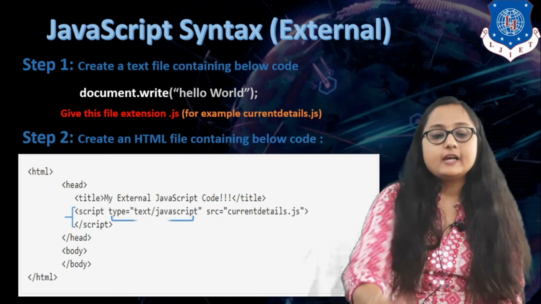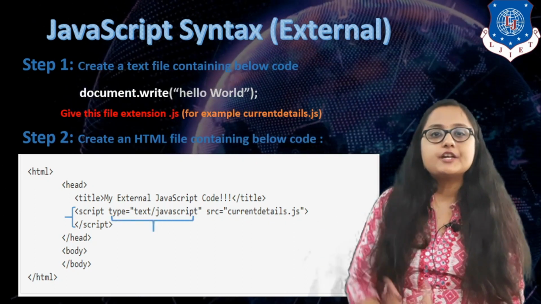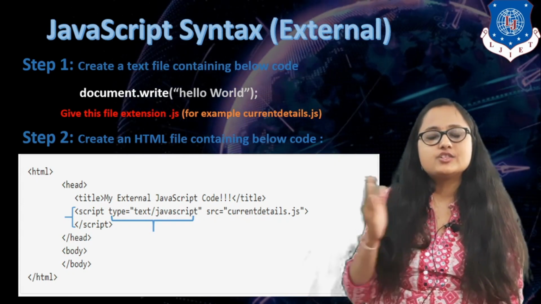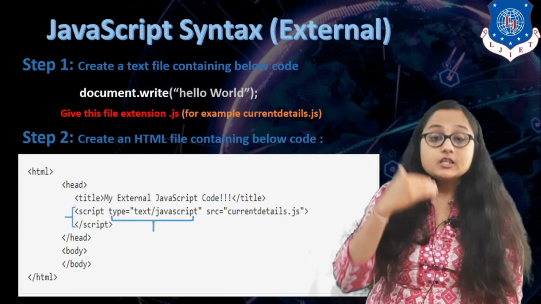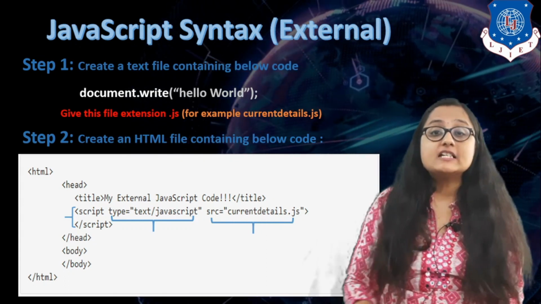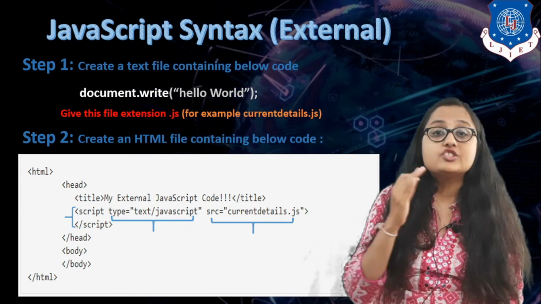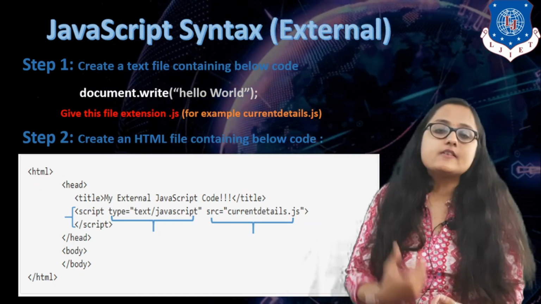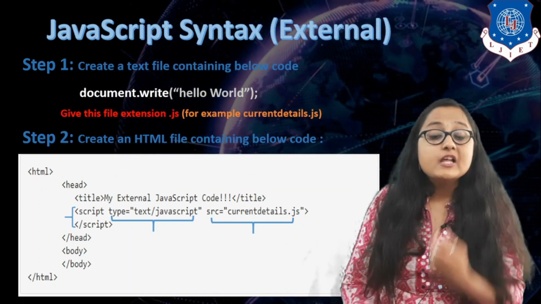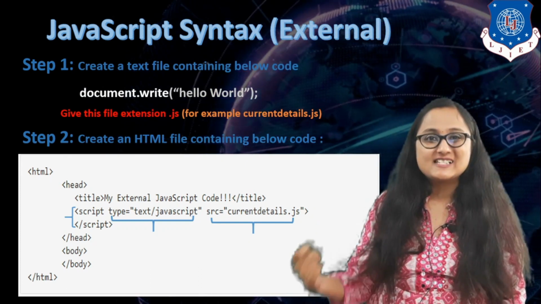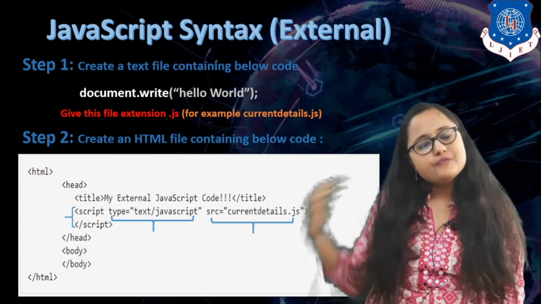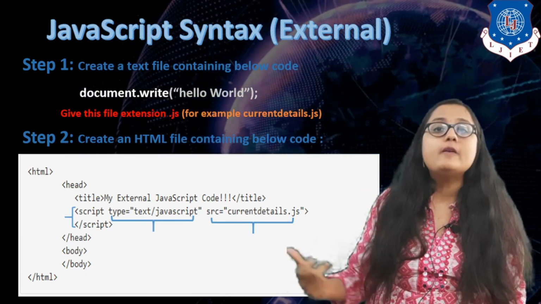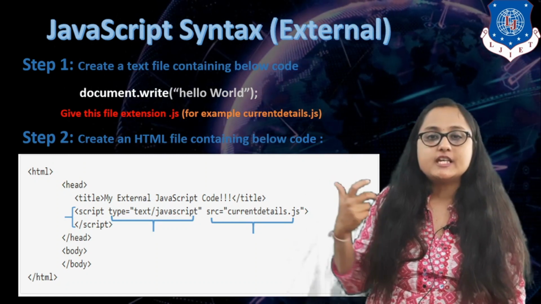Along with the script tag, what are the attributes I have written? The first attribute is the type attribute, and inside the type attribute I have written text/JavaScript, right? The next attribute, which is the most important attribute if you are writing a JavaScript external file, is how to include the external JavaScript file in my HTML file. It is using this attribute src. src stands for source of the external JavaScript file. So in the value you have to specify the full path of your .js file.